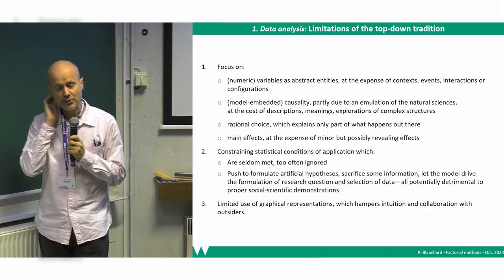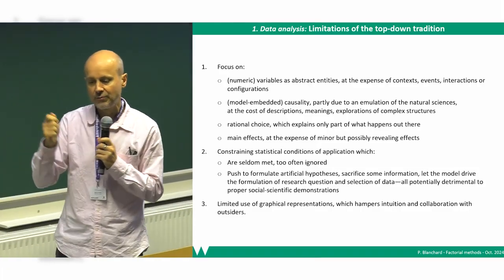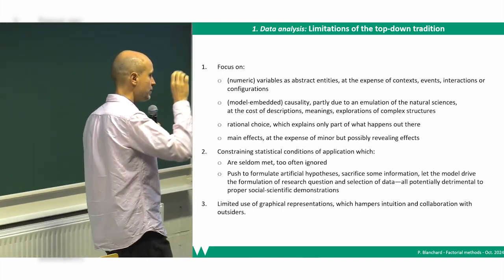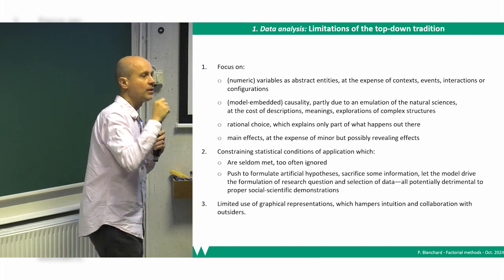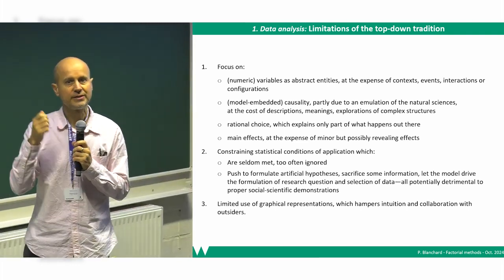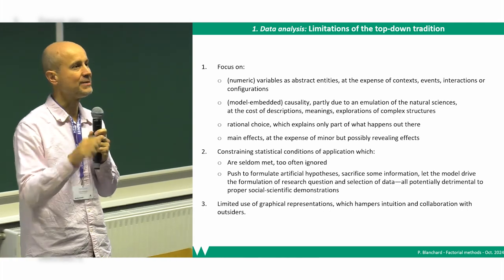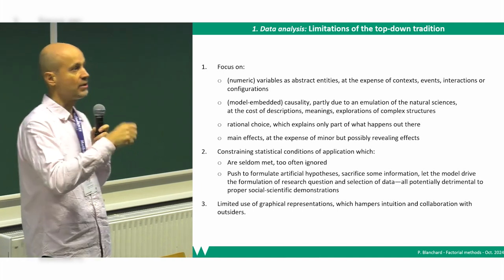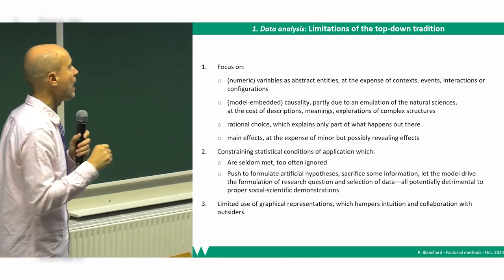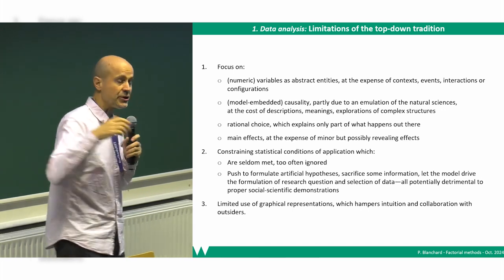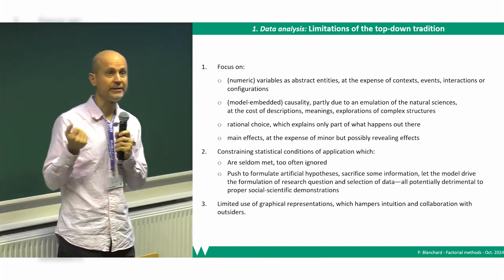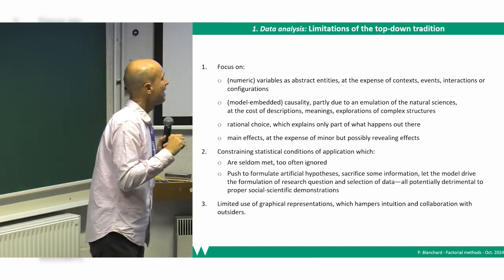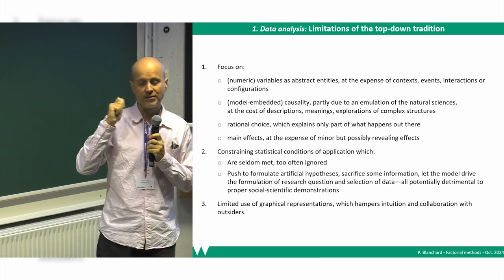Causality is also something on which these different worlds disagree. Insistence is put in the top-down approach on model-embedded causality. That's my formulation, that you need to have a number at the end inside the model. I mean, just the output of the model that tells you how well you can conclude on the relationship between A and B, okay? When you can do that, it's nice. I think this is fairly rare, although it's predominant in practice. It's fairly rare because causality often needs more than the model.